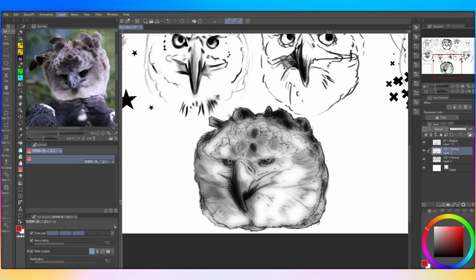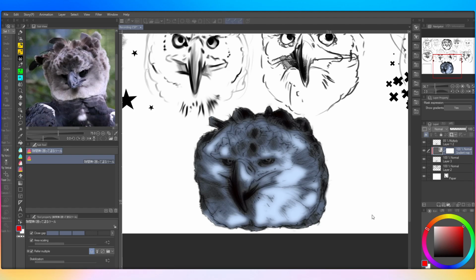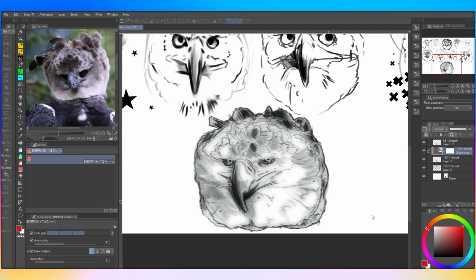Now, correction layer, gradient map. This is a very fun part for me. So I clip it to the color layer below, and basically with gradient maps, you are picking values that start from dark to light. So with this bird, as you can see, the majority of this gradient map is silver, right? And really to only get the drawings to show up,